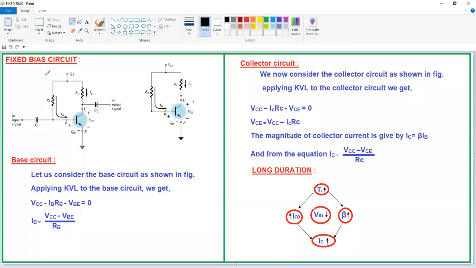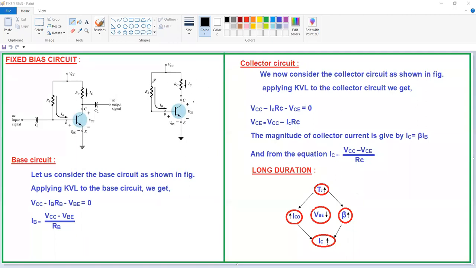Here, this circuit shows the fixed bias circuit. In the case of fixed bias circuit, this is the input resistor, this is the output resistor. These are nothing but your current limiting resistors at the input side as well as the output side. Now, for this fixed bias circuit, I am going to write the input equation as well as the output